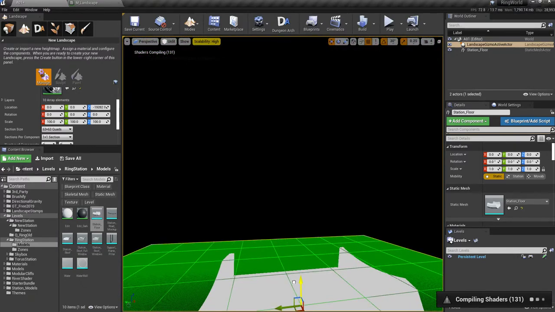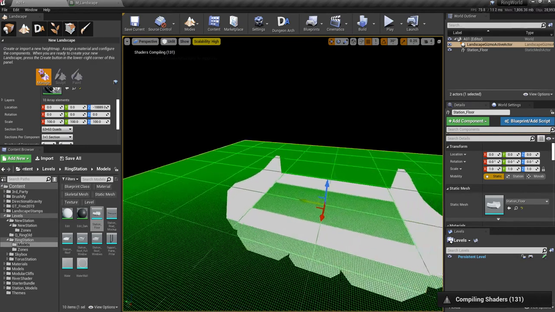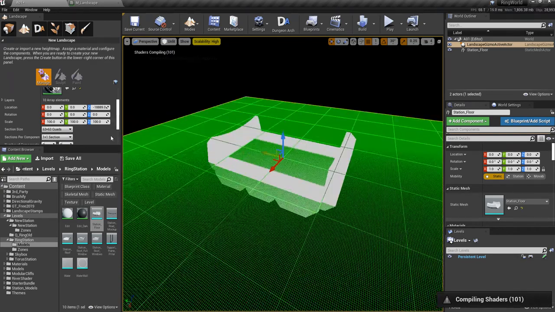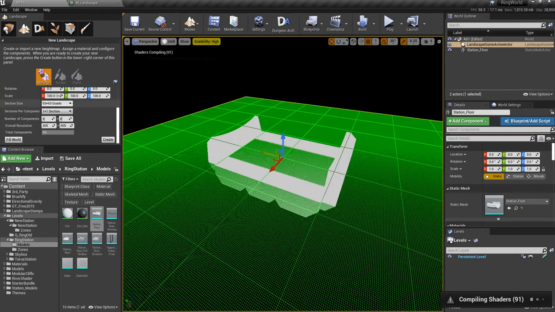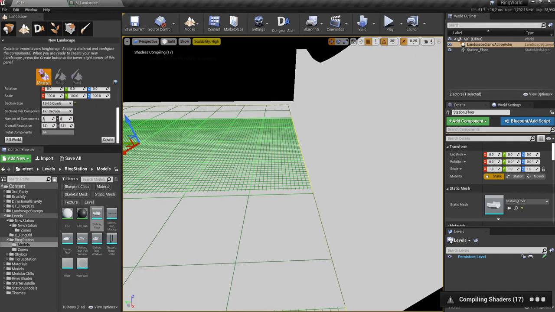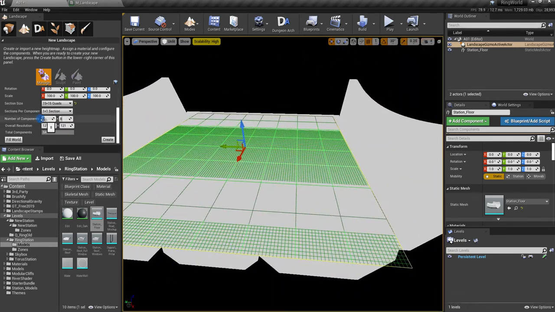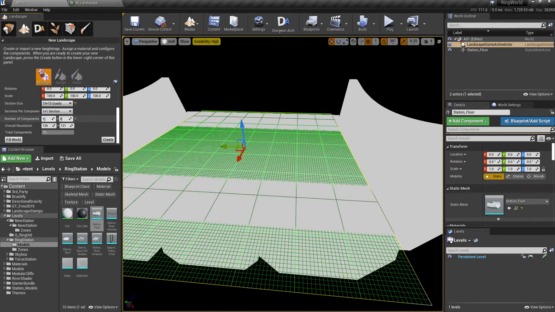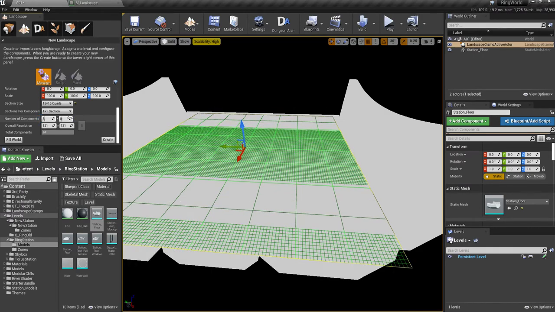Just push a bit down here, and you'll see this is way too big. So you can put in whatever number of components and so on you want in here. For me, I'm just going to make it simple here, as simple as possible. So there's this, there and